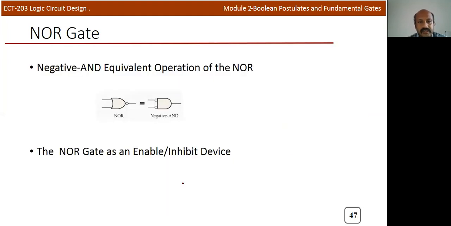And now we'll discuss the relationship between the AND gate and the NOR gate. Here I can call this a bubbled AND. Bubbled AND operation is equivalent to NOR. So I can verify this. The NOR operation I can write as (A plus B) the whole bar. Here assume that this is A and this is B.